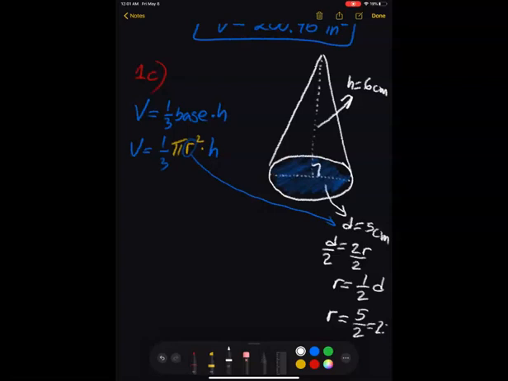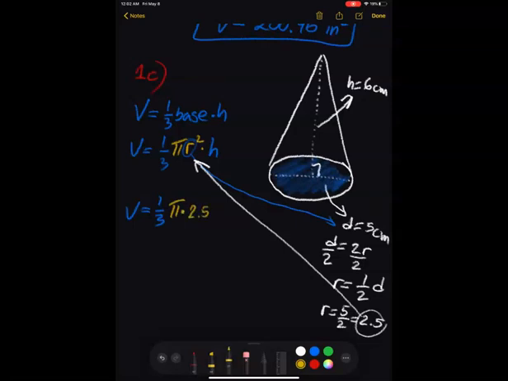Hold on, 2.5. Okay, that's not gonna fit in here, so I'm gonna move it over a little bit. So r is equal to 5 divided by 2, that's 2.5. So that is our r, and we're gonna substitute this for our r. So let's rewrite. Volume is equal to 1/3 times pi times 2.5 squared,